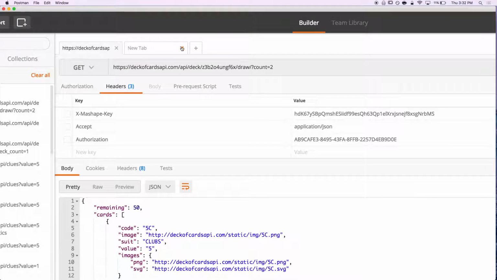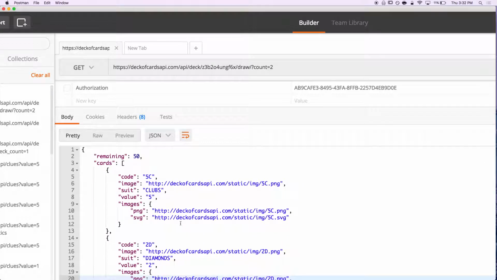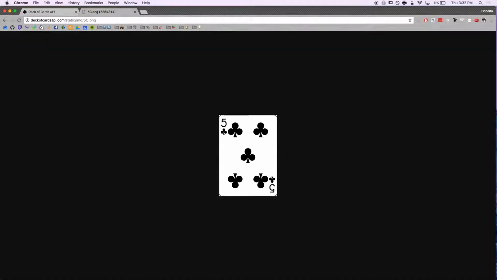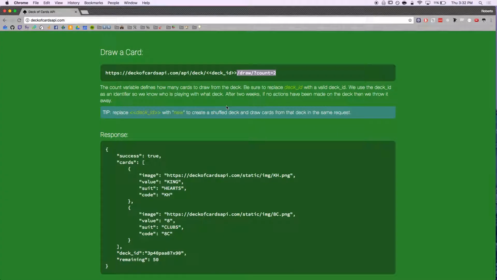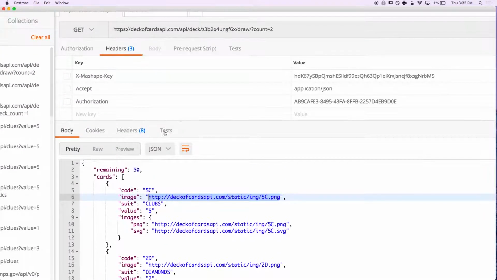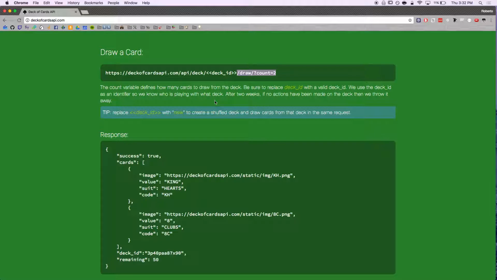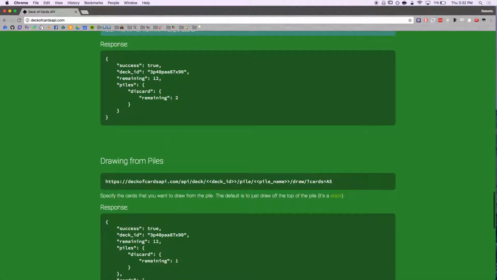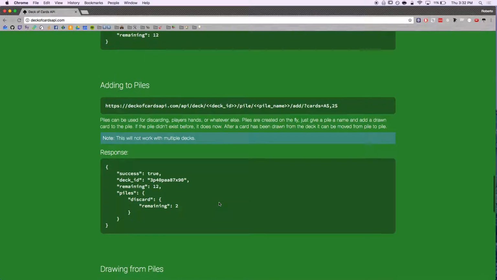No, I want to go back. Right here: clubs, a 5 of clubs. Here's the image to it. So they give you an image sometimes, so you can use that. Other images, PNG, SVG. So yeah, this is a pretty doable API. Just GET requests. This one's great, and I wish more of them were like this, where they just give you